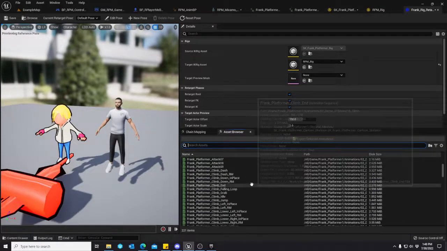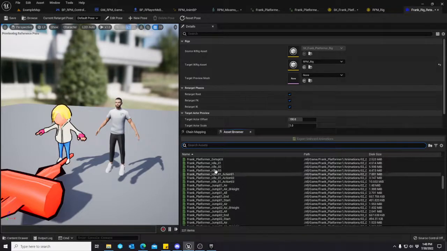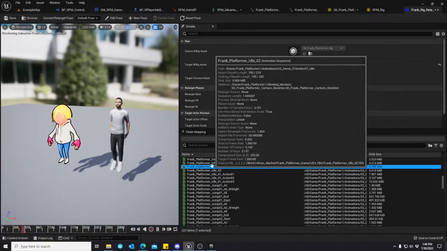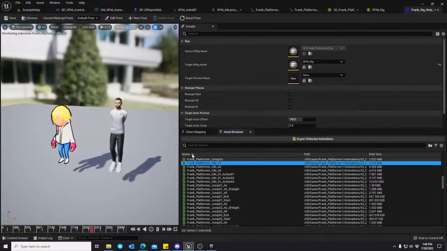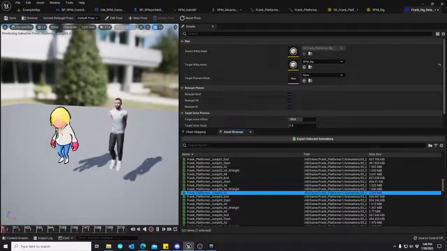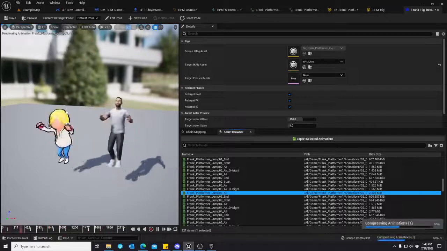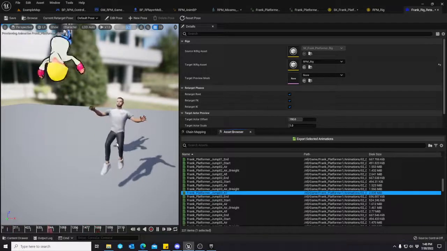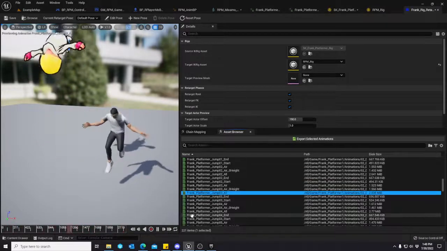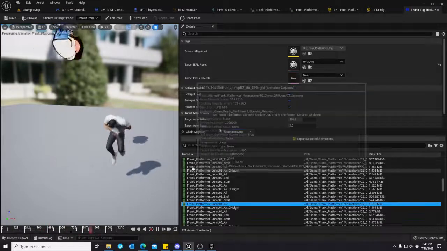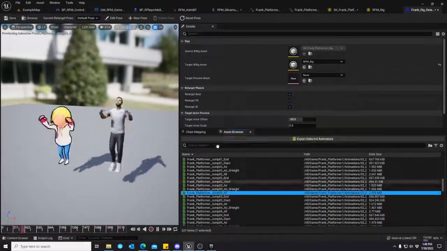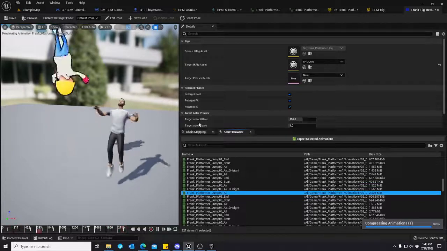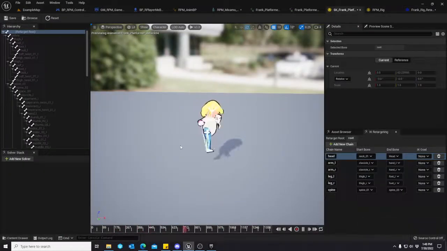Now as you pick, not just the idle animation, but pretty much anything, you can see that it's going to try to translate that for you. And as you can tell, the root is not translating into the Ready Player Me character very well. And we can go fix that. And we will go fix that. So now that we know that this is not coming over well, that root data is not being copied well,